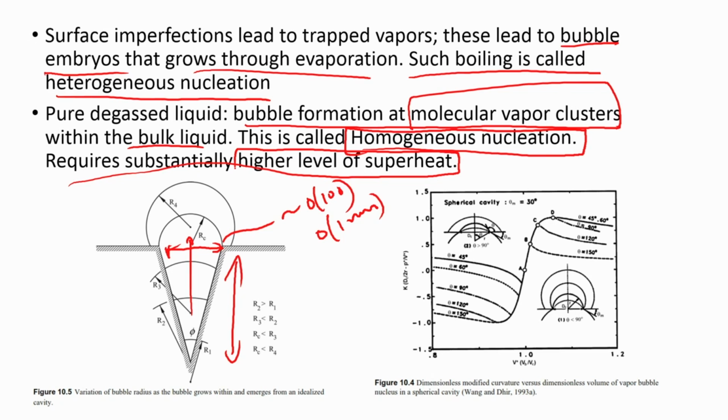In the case of heterogeneous nucleation, however, you have particles or some media on which these bubbles can grow. That is called heterogeneous nucleation, and the degree of superheat requirement is very low, as you saw in the boiling curve. Beyond 5 degrees Celsius you start to have bubbles. But you cannot have the same thing when you have a pure degassed liquid, because in those cases you can only have homogeneous nucleation, which happens at the molecular vapor clusters, and that requires a substantially higher level